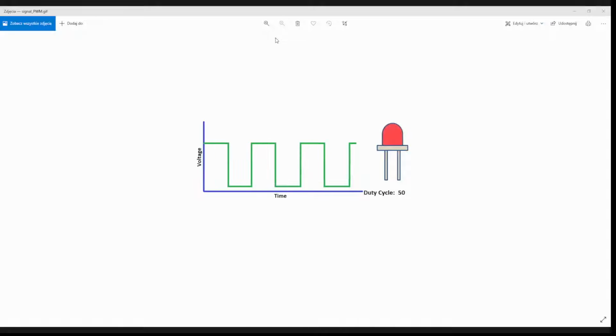So what is interesting is the voltage is always at the same level,